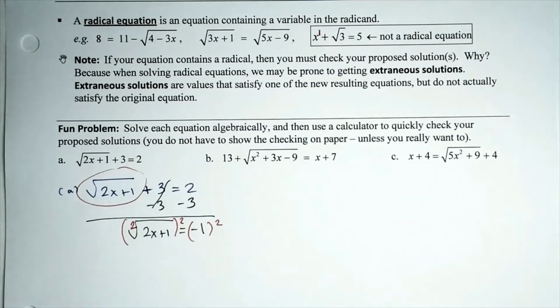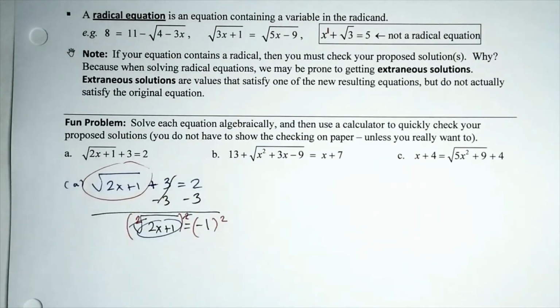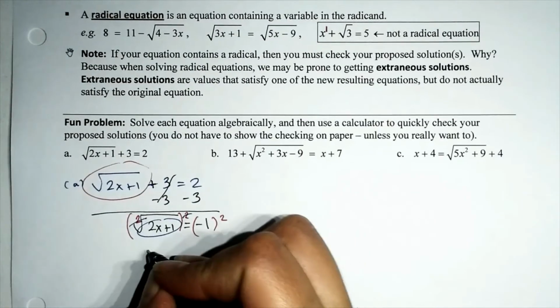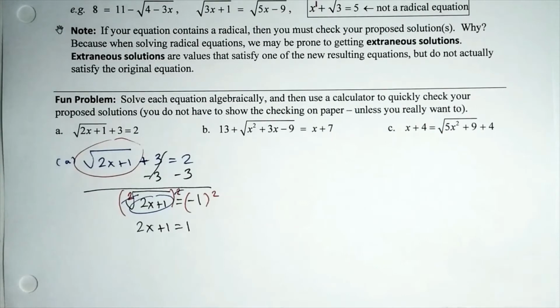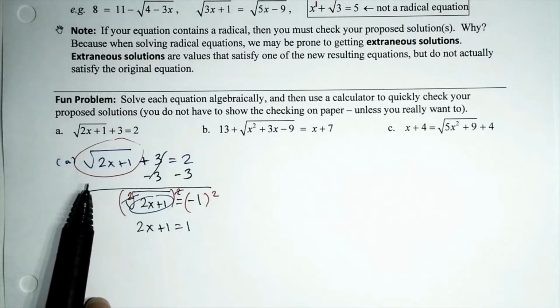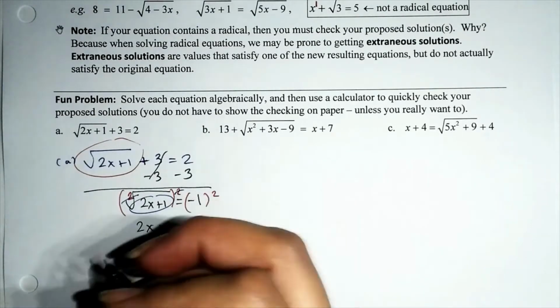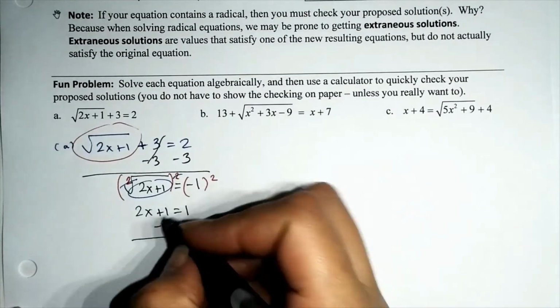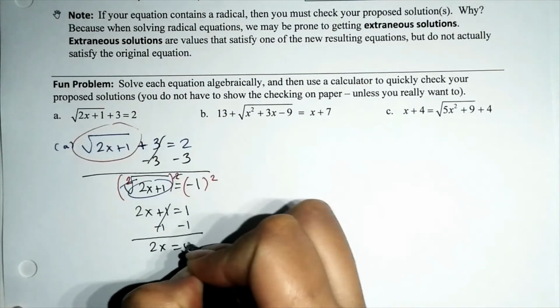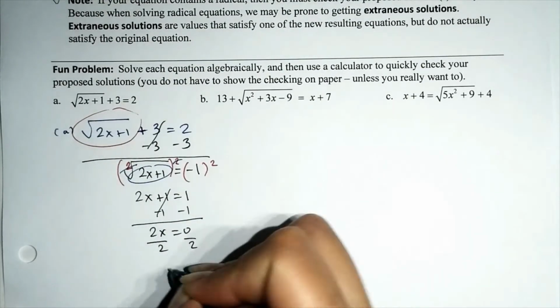On the left side, the square and the square root undo each other, and that will leave us with the radicand, 2x plus 1 equals +1, because the square of -1 equals 1. So we totally nailed it. Let's go ahead and isolate the variable term. Now we went from a radical equation to a degree 1 equation, or linear equation. So let's old school it. When we subtract 1 from both sides, that will leave us with 2x is equal to 0. To get rid of the times 2, let's divide both sides by 2, and that will give us